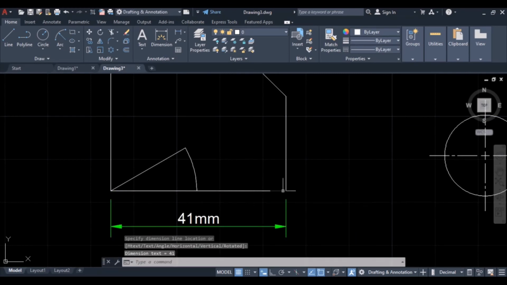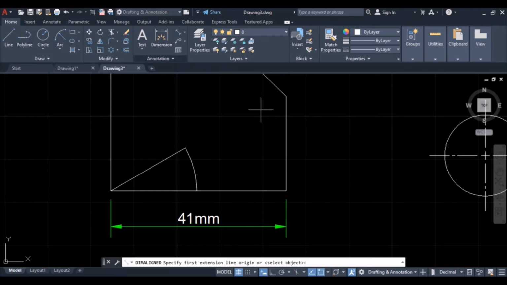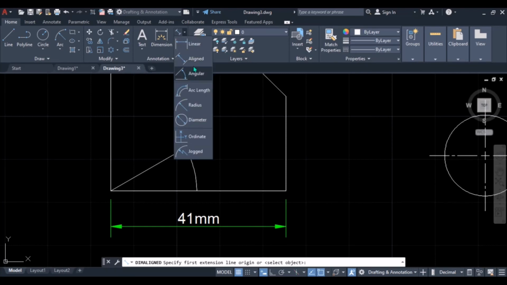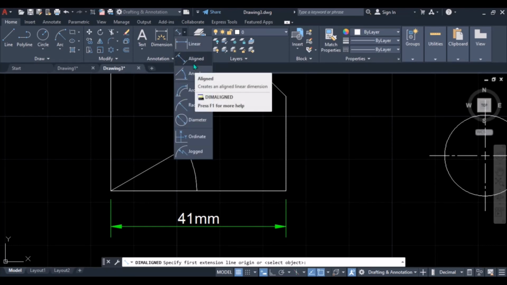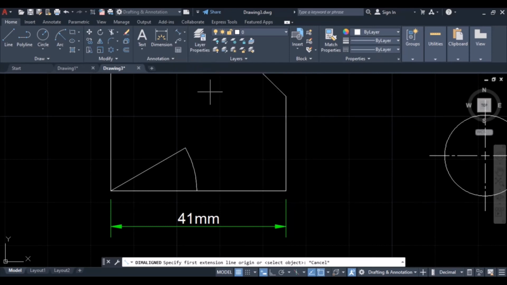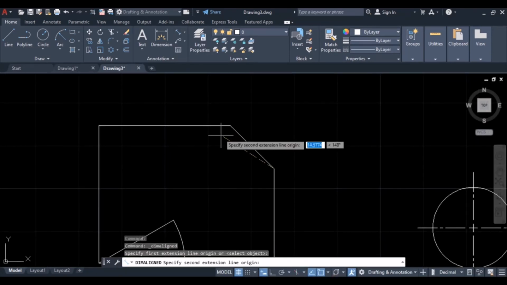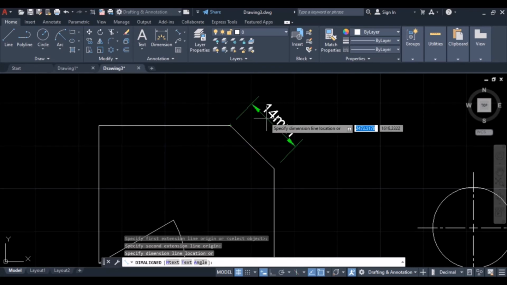Just as simple as that. You can use aligned. Aligned represents dimensions that are drawn at an angle. They are not vertical and they are not straight or horizontal. So click on aligned. This one is aligned. Click here.